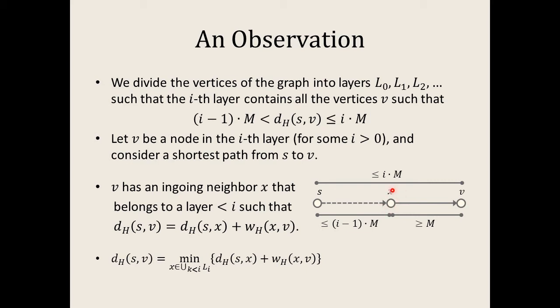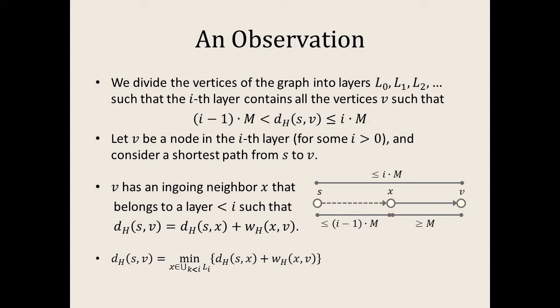Now the weight of this edge must be at least m, as m is the minimal edge weight. And on the other hand, the weight of this path is at most im, as v belongs to the ith layer. This means that the weight of this subpath is at most im minus m,